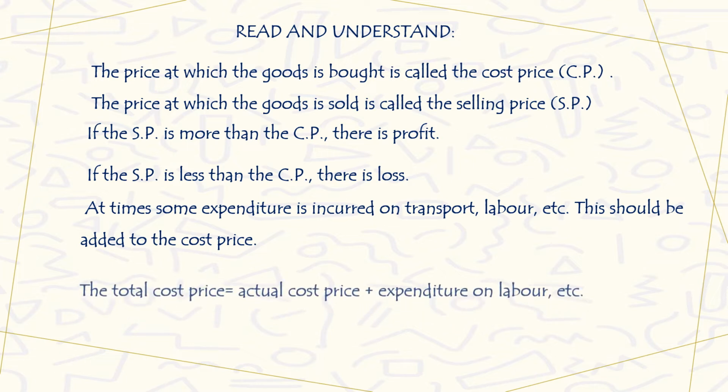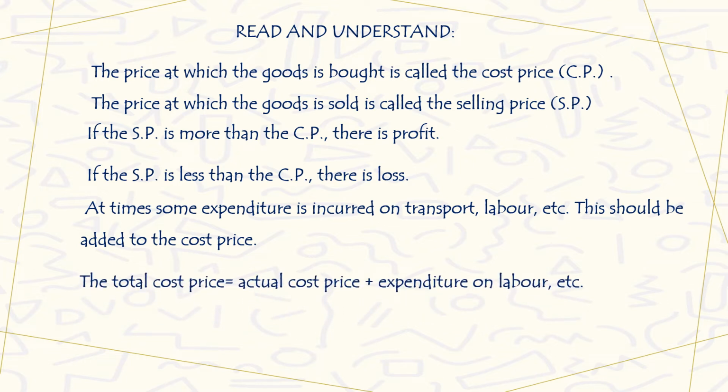the total cost price is equal to actual cost price plus expenditure on labor, etc. So if you're talking about the cost price, it means only the price of the object that we are buying, but not only that, if you have made any extra expenditures on it, along with transportation or any extra labor charge added on it, then you have to add that also to know the total cost price of that object. Okay,